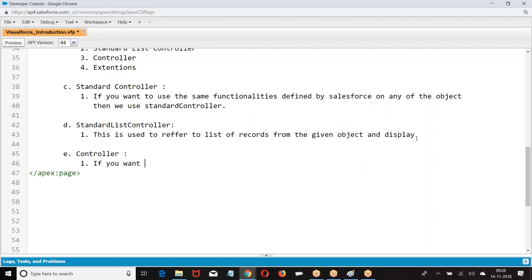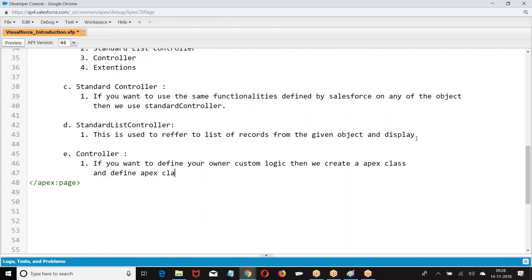If you want to define your own custom logic, then we create an Apex class and define the Apex class as a controller.